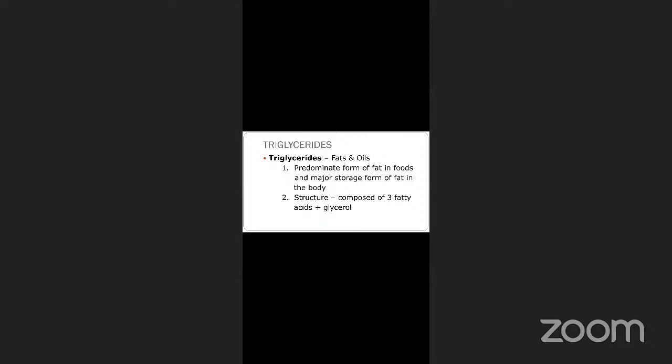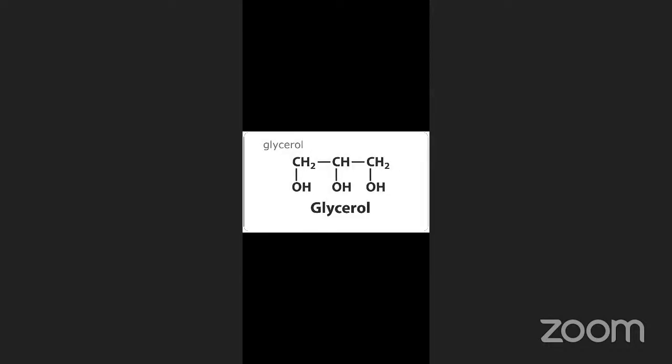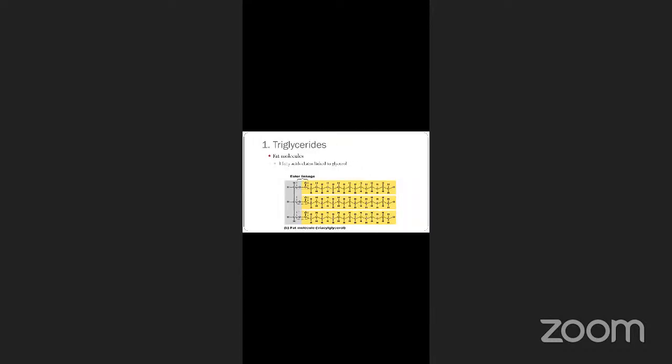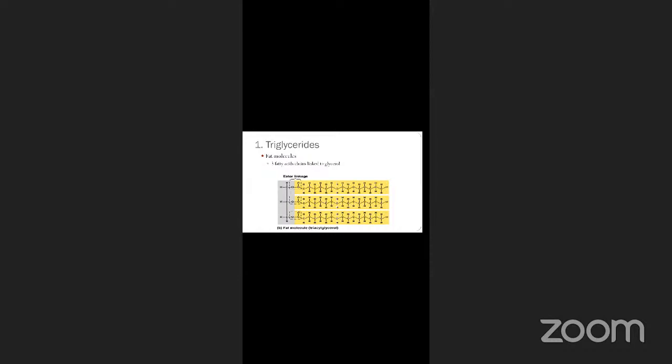So as I told you, this is a structure, 3 fatty acids and 1 glycerol moiety. You have a glycerol moiety to which these 3 OH are replaced by the fatty acid chains. So CH2, CH, CH2 will remain the same, but these hydrogens will be removed, and to the oxygen we'll have the fatty acid chains. Like this, 3 fatty acid chains. This fat molecule, same structure in detail, with the example of fatty acid chains.